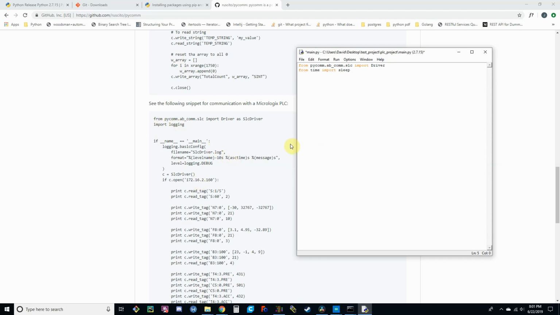So we'll do what he did here. We'll create a new driver object called c. So we'll say c is equal to driver. Again, don't let that confuse you. SLC driver, same thing as driver. I just didn't name driver as SLC driver, so I just use driver. All right. So we'll say if c.open,